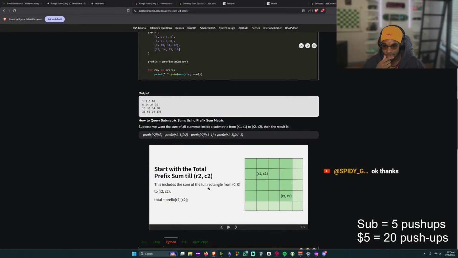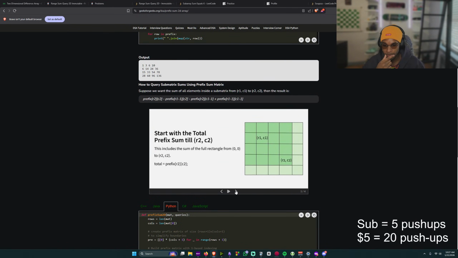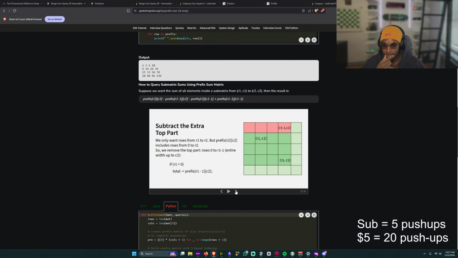This includes the sum of the full rectangle 0, 0 to R2, C2. Okay. We only want rows from R1 to R2. But the prefix of R2, C2 includes rows from 0 to R2.